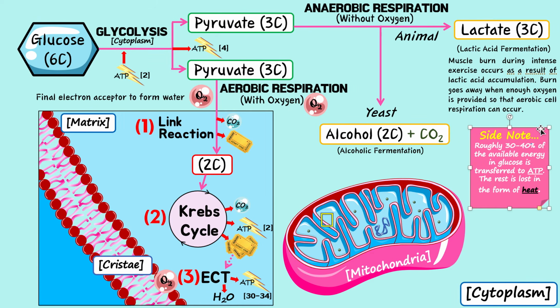So you need to know, as a side note, roughly 30 to 40% of the available energy in our glucose, right? Because with cell respiration, we're trying to break this down to make as much energy in the form of ATP as possible, right? But note that only 30 to 40% of the energy stored in glucose is actually released as ATP. The rest, 60 to 70%, is actually just lost as heat, right? And that makes sense because when you're running around, your body's heating up, you're losing a lot of heat because your body is generating heat as it's trying to break down the glucose to form energy.